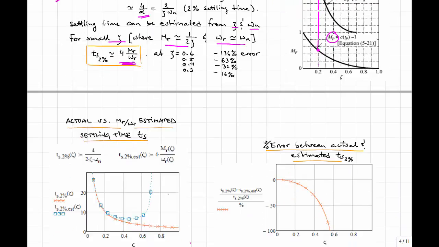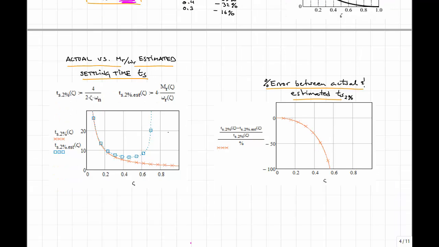So here's a plot of the exact settling time, which is the orange. So this is exact, and this is the estimate. This is the Mr omega r estimate value. And what we see is that the estimate always is going to be greater than the actual settling time. So, if we use the estimate, at least we know that our system will be better than what our approximation tells us. Over here is just a plot of the error as a function of zeta. Okay, so I think I will stop here,